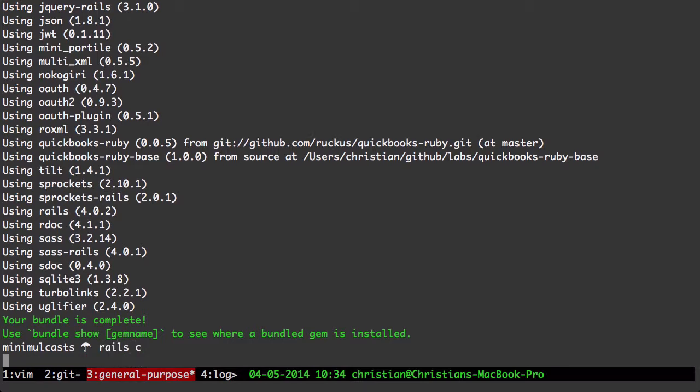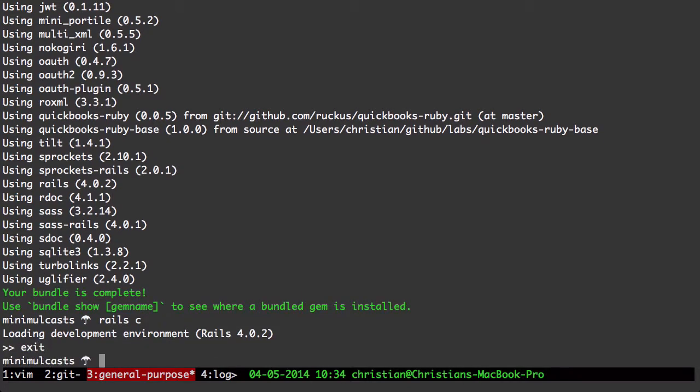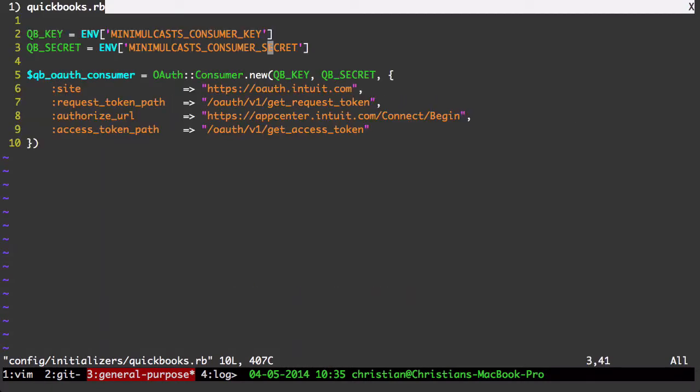And let's go into the Rails console. Oops, I forgot to do something. All right, I need to configure the QuickBooks base configure here, because this project, I believe, does not have the default setting. So let me go into the config, initializer, QuickBooks, and here we have that consumer key. So let me set this up with how this project is set up, and this will be a good test. So we'll do configure,